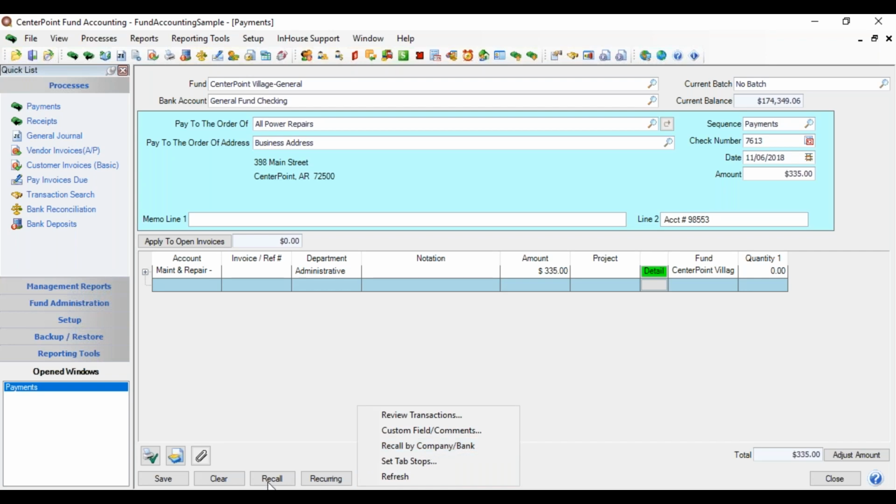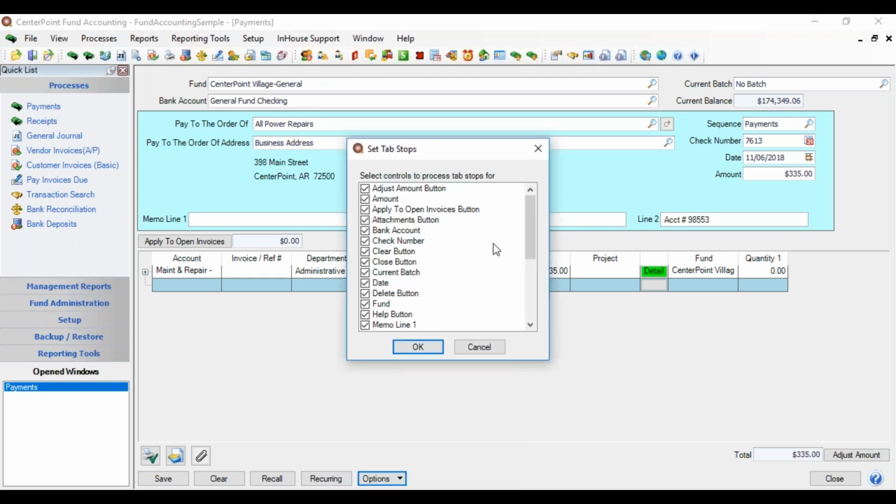So you can have your recall behave by recalling the last entries done just to the fund or the fund bank account combination. And then there's a set tab stops where it allows you to modify which tabs that are automatically advancing to as you're tabbing through the transaction screen. So maybe you don't always use the memo lines and you don't always want to stop there or apply to